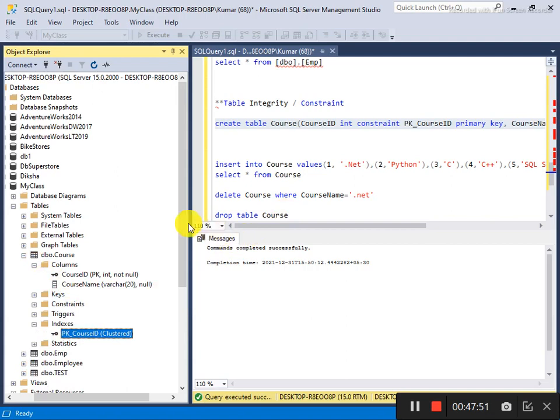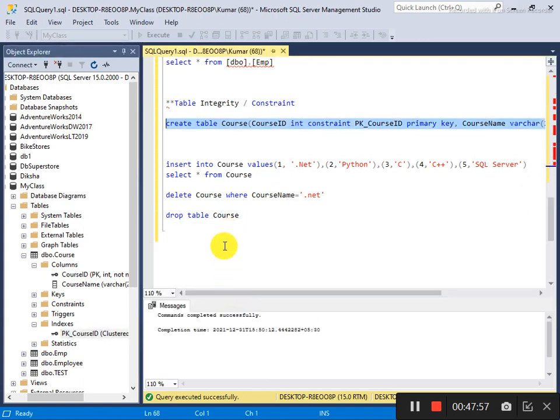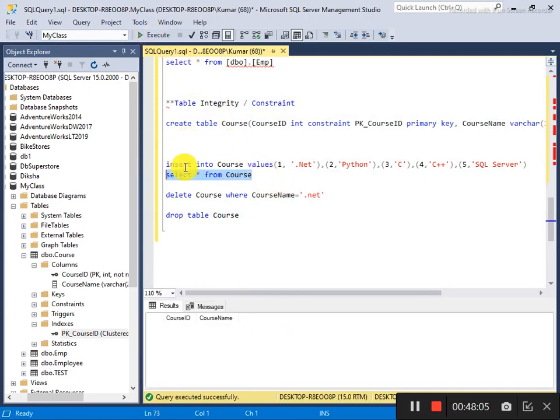One thing is that if you make a primary key, then it will always maintain an order by itself. This time I have not made any entry, so when I select, it's totally blank. I want to insert some values here.